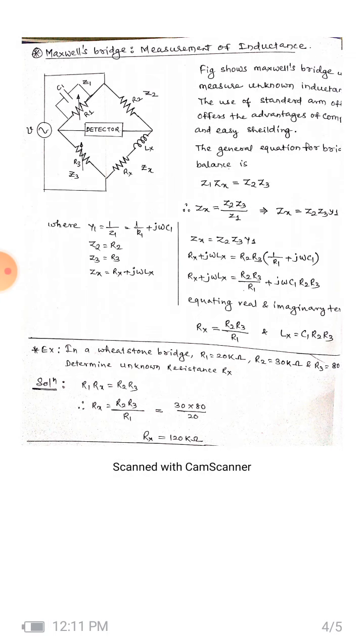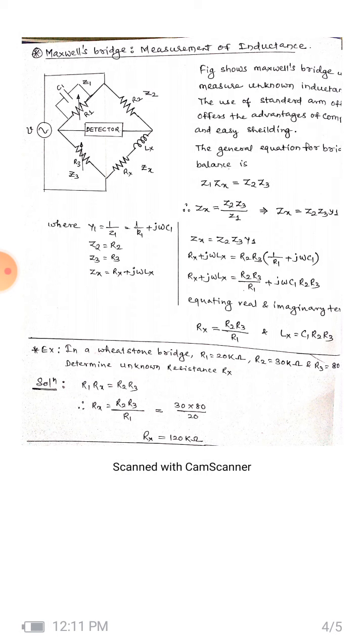And next is the measurement of inductance using Maxwell's bridge. The figure shows the Maxwell's bridge. It is used to measure the unknown inductance here. The use of a standard capacitor arm offers the advantage of compactness and easy shielding. The general form of the AC bridge is